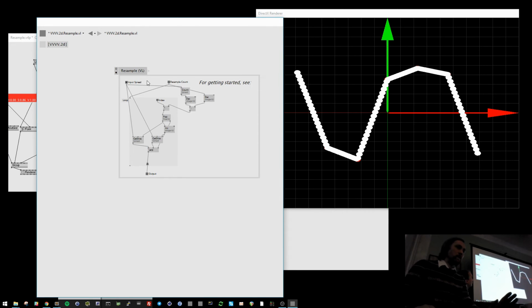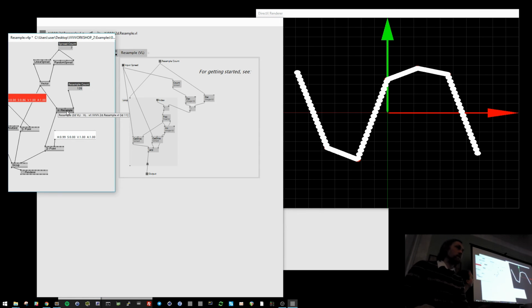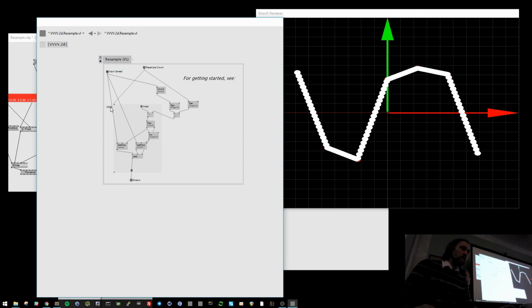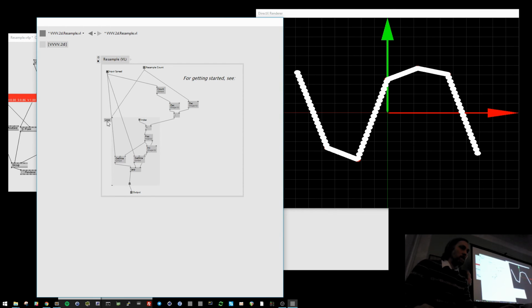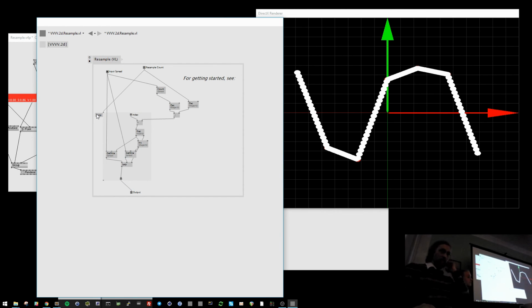Okay, so this is basically how it works to generate or compile your own VV nodes. You patch here, and as you patch, the node here will be compiled and integrated into VV. So there's one interesting feature I want to show you with this example before we get into the next example, and it's